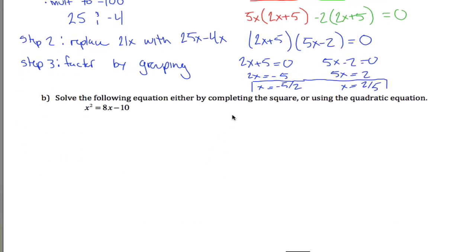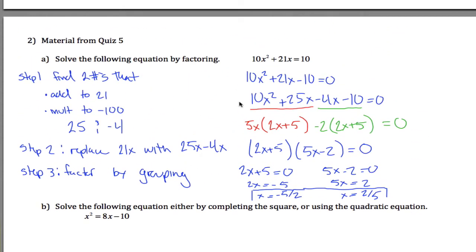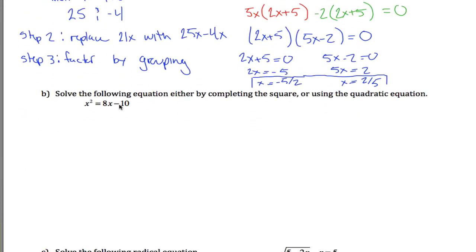B, solve the following equation by either completing the square or using the quadratic equation. Okay, we just learned how to factor, which is great. You can factor this problem and solve it. The downside with factoring is not all equations factor. If your equation won't factor, what you have to do is either use this completing the square method or the quadratic equation. To complete the square,